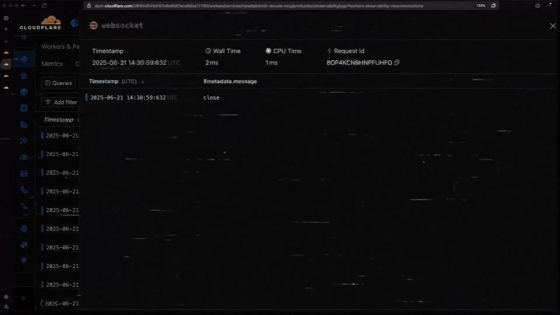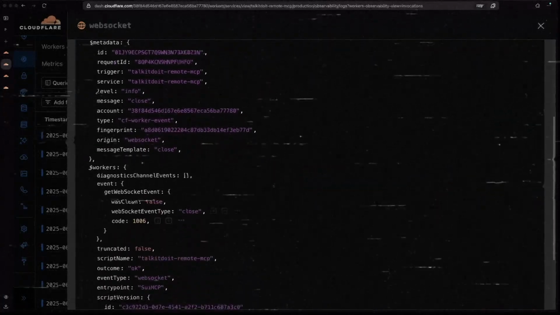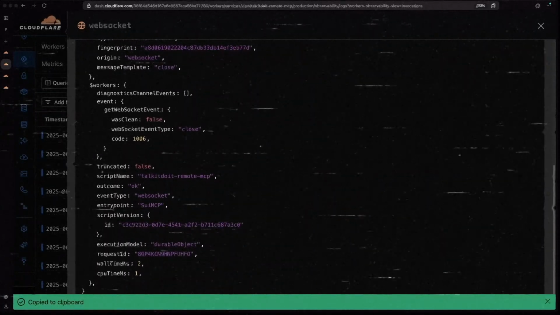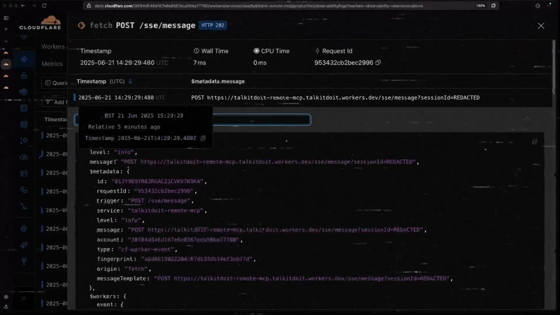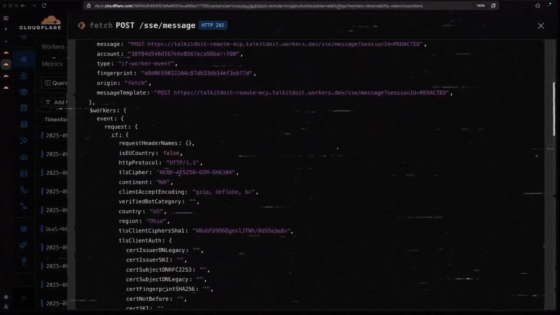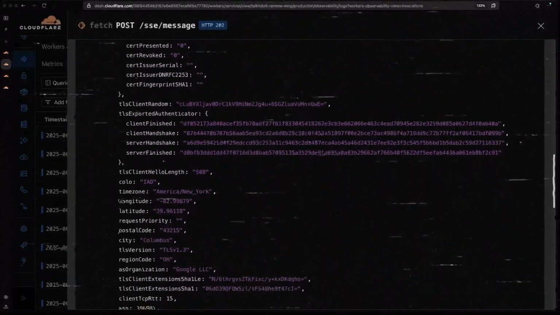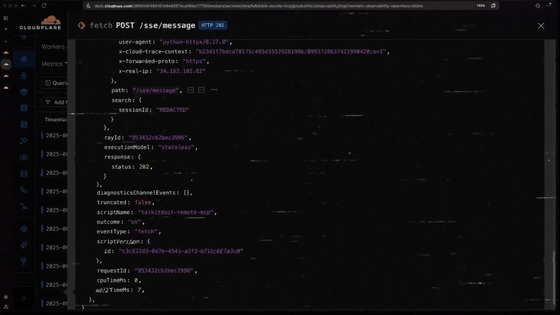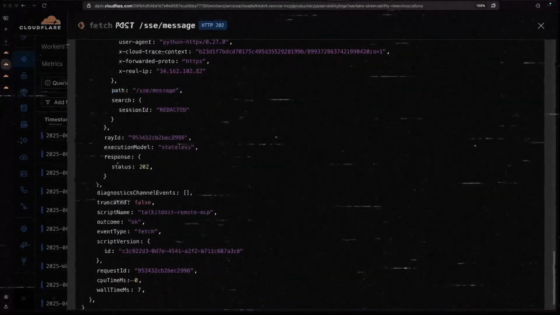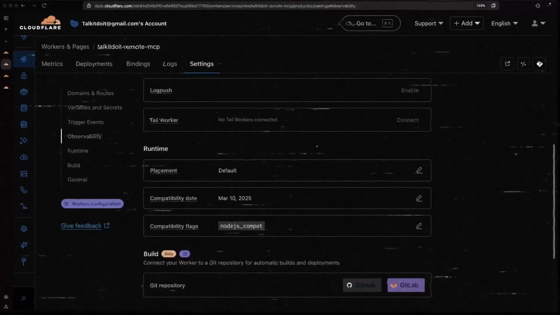Remember earlier I mentioned the empty logs? Let me show you the logs now we have made some calls to the endpoints. We can see various bits of metadata and also timestamps. This is a very handy feature to have and would allow us to start building some really good observability strategies for our MCP server. We could also look at alerts, tracing, and a number of other things to really make